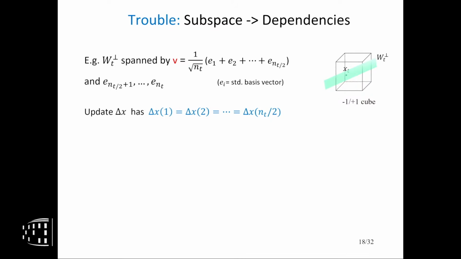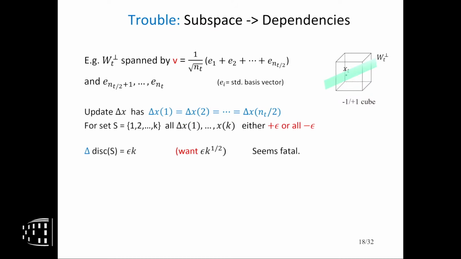Now this is a problem, because any time I walk in the subspace, it's basically saying all your variables in that direction have to rise or decrease by the same amount. So if I had some row which all lay in the first K coordinates, if I update things by epsilon, they all go by plus epsilon or minus epsilon, and that's a problem. You made an epsilon change, but your discrepancy increased linearly. And this almost seems fatal. What can I do? Maybe I have no control on which subspace I get. So actually, we'll go back to this example and see how you can fix this.